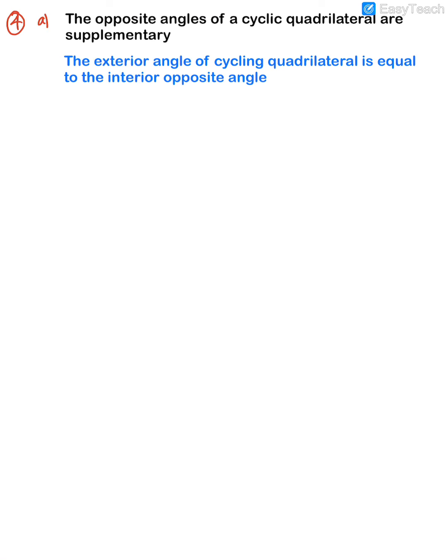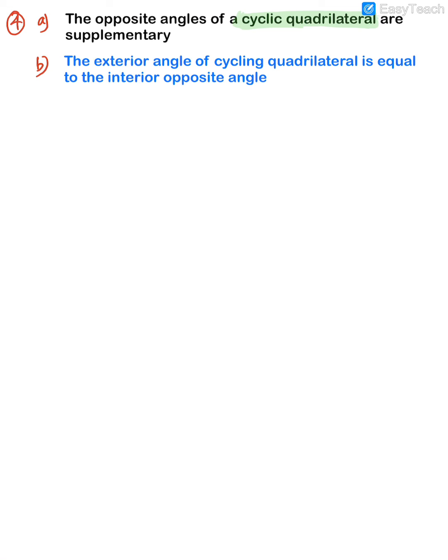Now there are two properties involved in this only. So first we need to know, first property is what? Opposite angles of a cyclic quadrilateral. Now I don't know if you've heard of this cyclic quadrilateral or not. I'll just explain to you what a cyclic quadrilateral is. It's very, very important to know first what a cyclic quadrilateral is, because this property is applicable only if the quadrilateral is a cyclic quadrilateral.